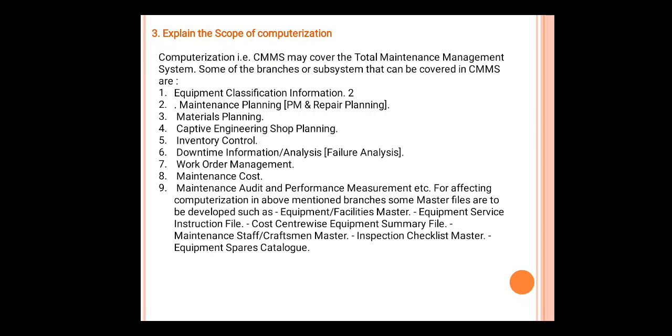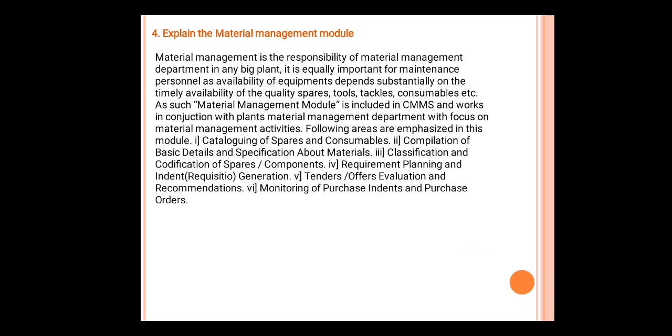Likewise, the scope of computerization can be implemented. So this is all about the explanation regarding the scope of computerization. These two questions may be asked for 5 or 10 marks. Fourth,